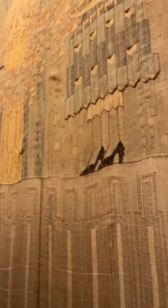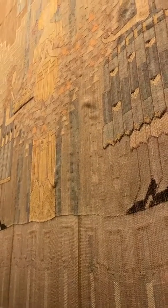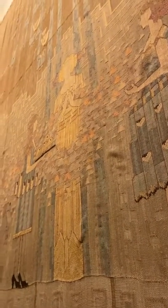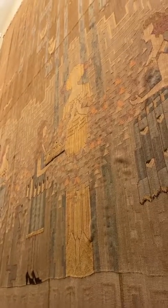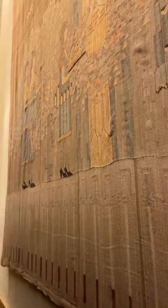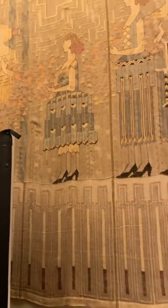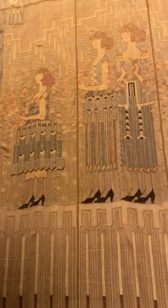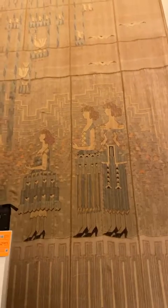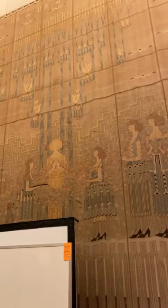It was woven in sections. It took 2 years, 5 weavers to work on, mostly Lillian Holm and Ruth Ingverson, who were executing Eliel and Loja's design, with the May Queen, the goddess of fertility, here at the center, surrounded by her maidens who are offering her oranges here. There's a little dog behind her, everyone in their practical black pumps that actually look just like Loja Saarinen's preferred footwear. And then they're all in dresses that reflect the architectural designs that we've seen throughout the Kingswood School. And then they hold this great row of butterflies or flowers moving through the center of the maidens